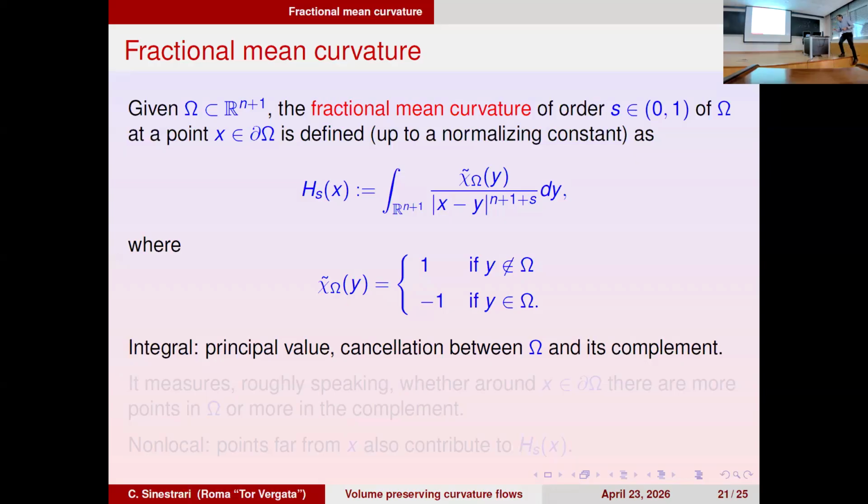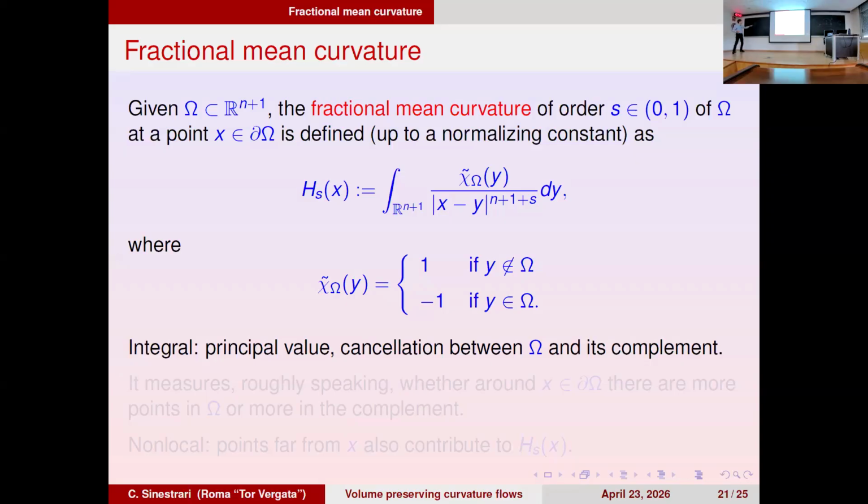So maybe I will not draw a picture, but what it shows is, you have your set omega, you have a point, and somehow you see by symmetry, if it is convex, for instance, all the contributions from here will be cancelled by the contributions from here. So actually, you're only integrating here. So you see that if it is regular enough, you have better convergence properties that make this integral finite.